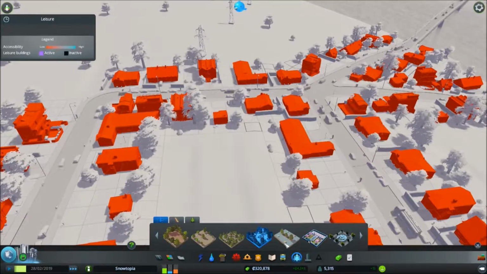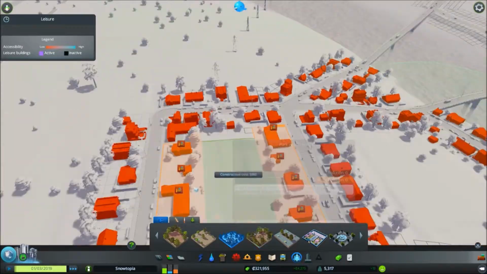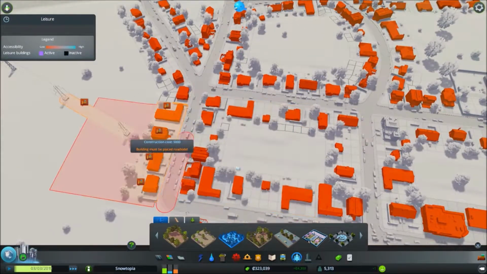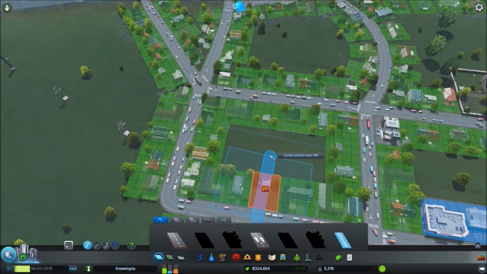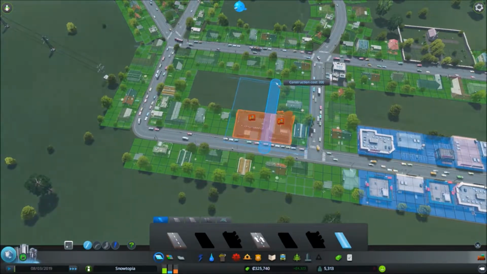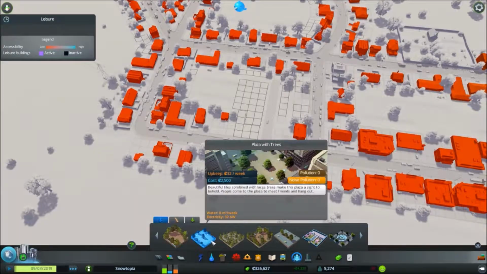Alright, let's see if we can't level up the first building of Snowtopia. Let's put in a park with trees. This thing is huge. This actually isn't even gonna fit. Alright, I'll just do a small park. Let's do a nice little gravel road out here. Throw this out like right here. And then we can do a nice little